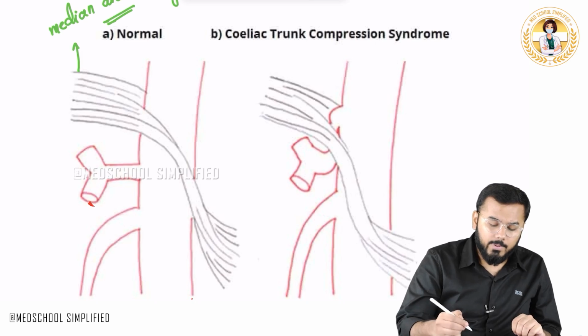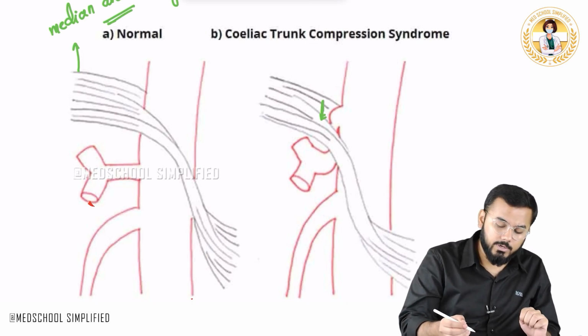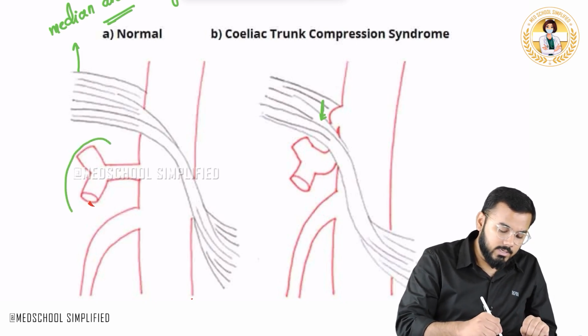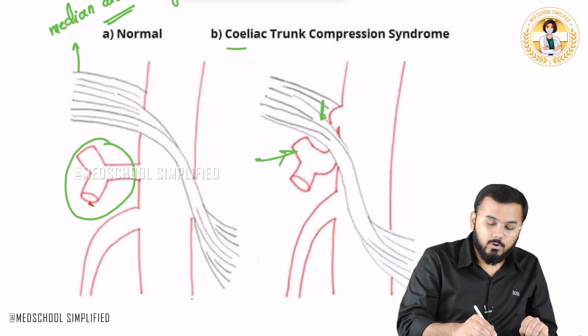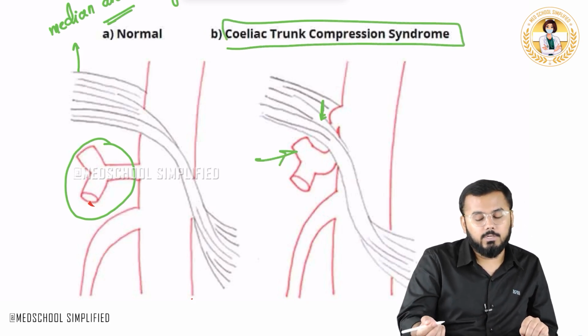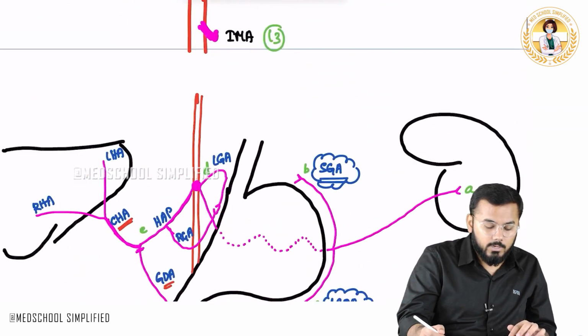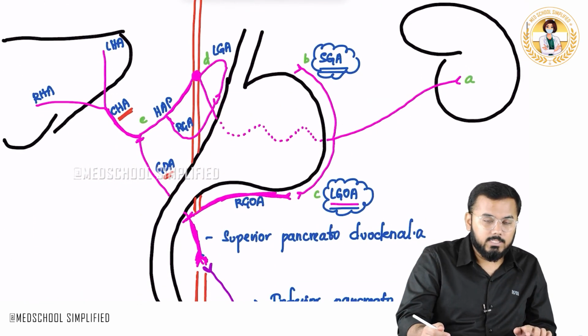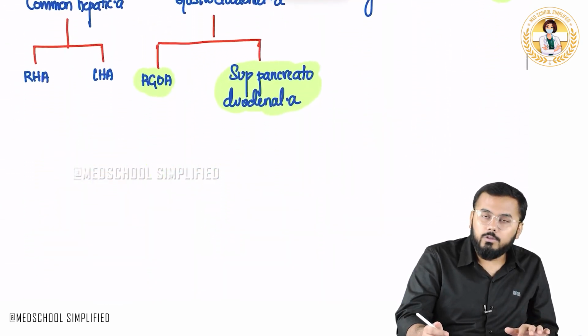Right, now what will happen is that this median arcuate ligament can sometimes compress the celiac trunk. When it compresses the celiac trunk, this leads to a condition. See, this is your celiac trunk. Okay, see, it is compressing the celiac trunk. So this would lead to a condition called celiac trunk compression syndrome. In that case, what will happen? The blood supply to your liver, spleen as well as the stomach is hampered. Okay, so this is all you need to know